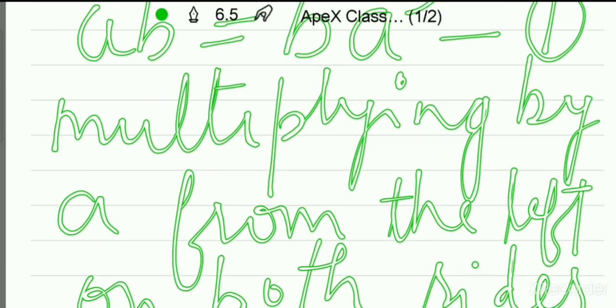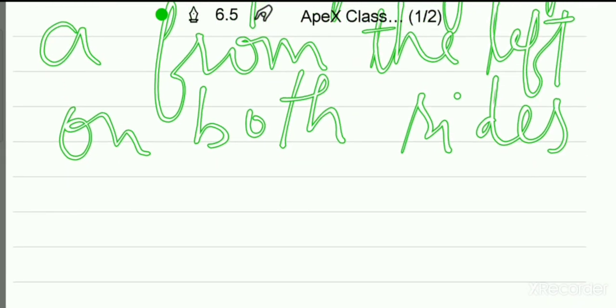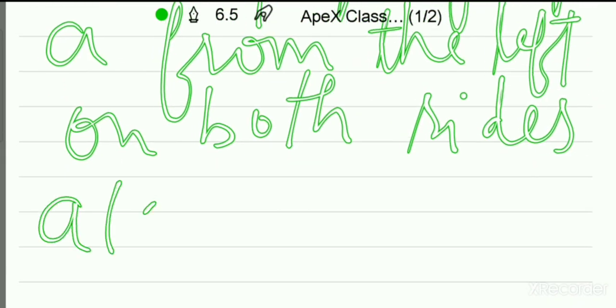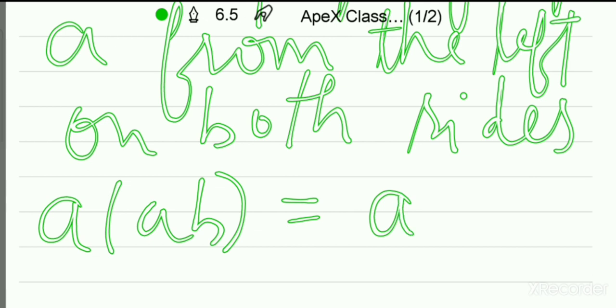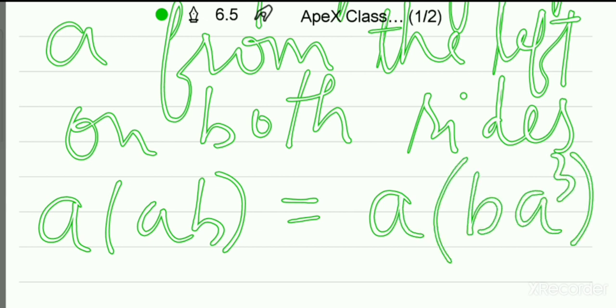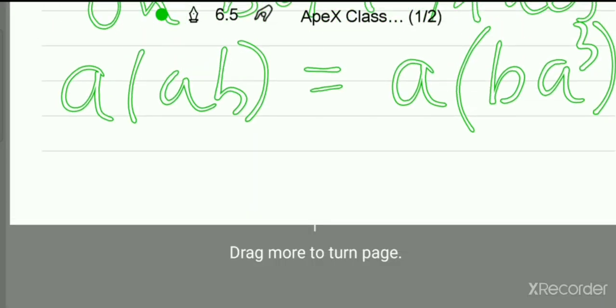So on multiplying by a, we will get a into ab is equal to a into ba raised to the power 3, and on solving the equation we will get